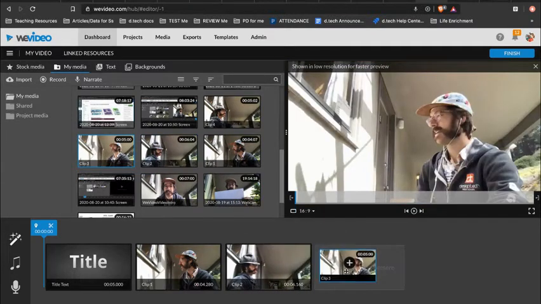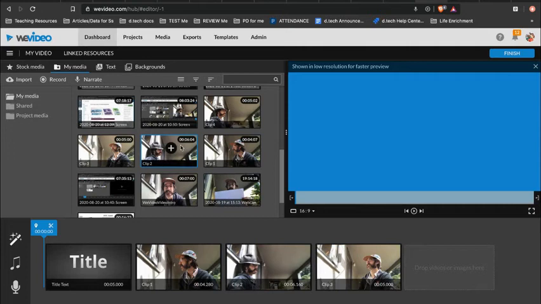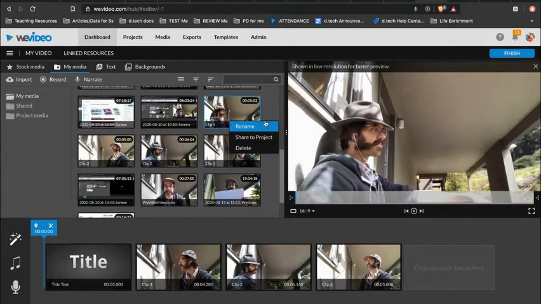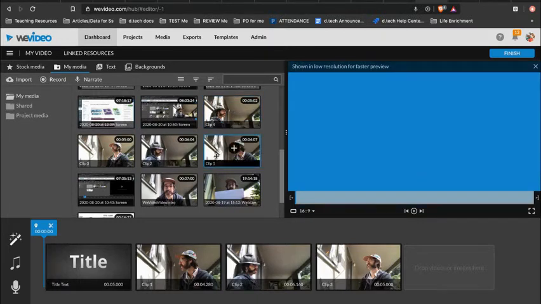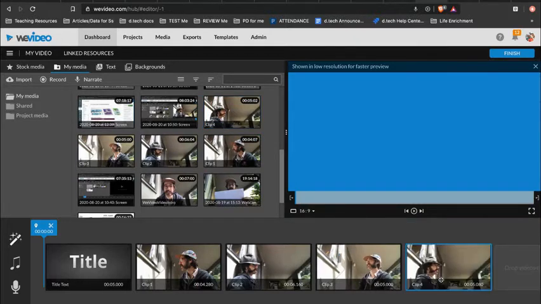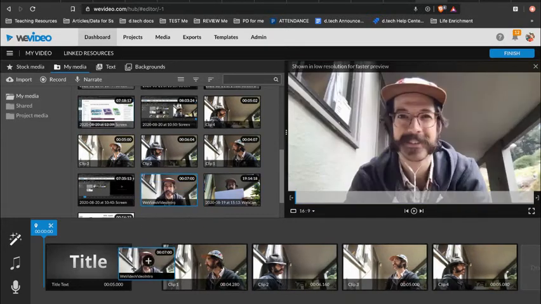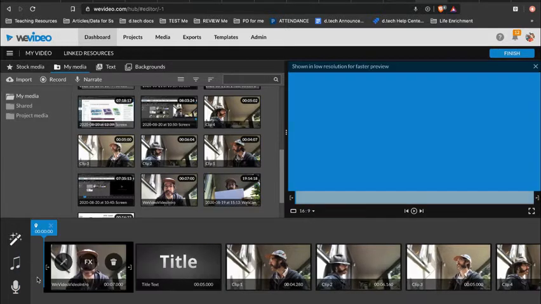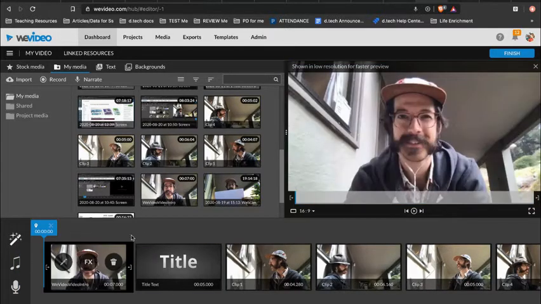I've already numbered these. When you record, you might notice that there's a date stamp and time stamp on the bottom. You can always right click to rename so that you can keep track of what it is you're doing. Right, I just numbered them in order so that I didn't lose track of which is which. So, and I also made this little like preview. Anyway,